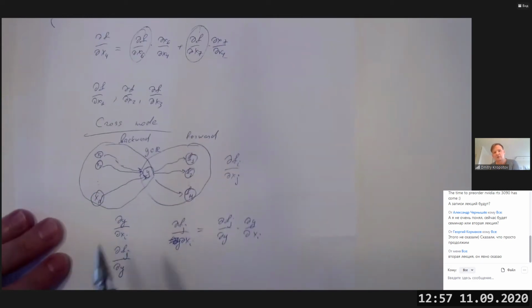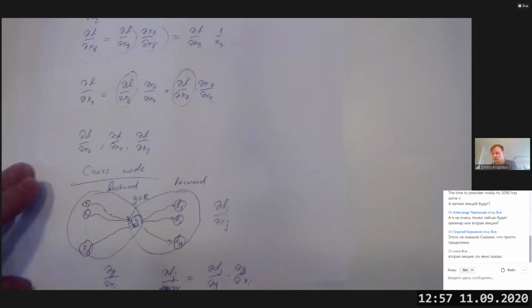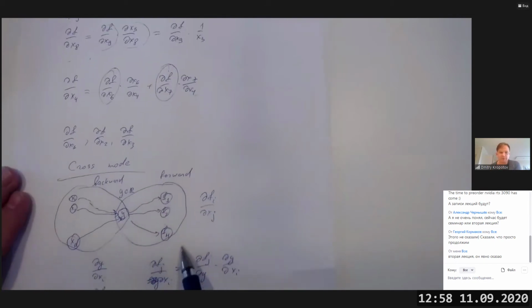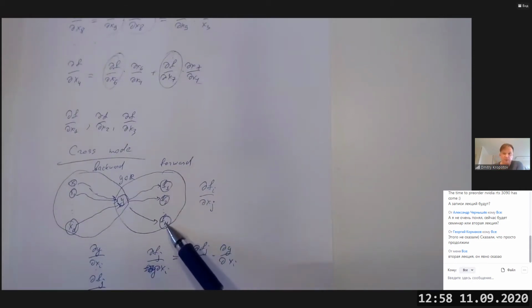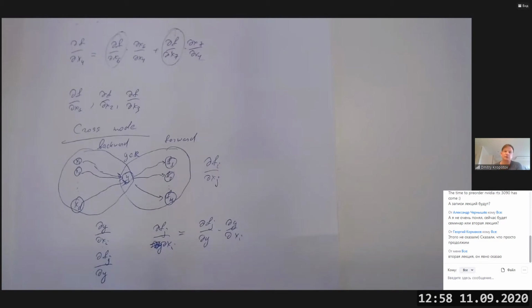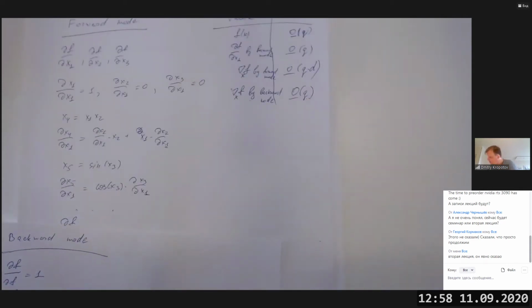However, this cross mode is not quite often used in practice because, particularly for neural networks, we always have a one-dimensional real valued function, which is just our loss function. So the output is always one-dimensional, and we usually calculate the derivative using the backward mode, and that's all. So returning to our